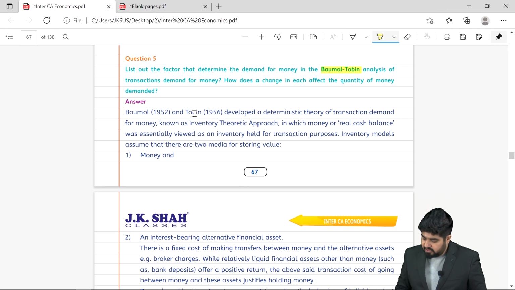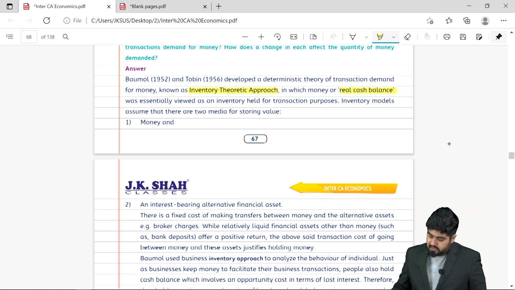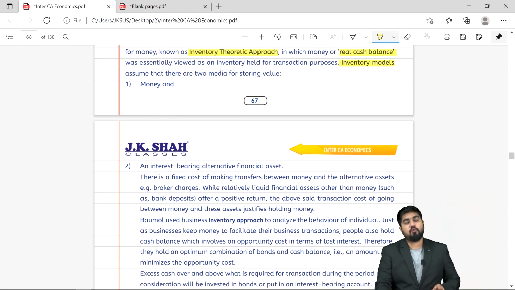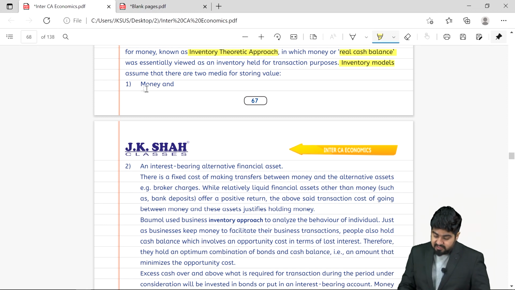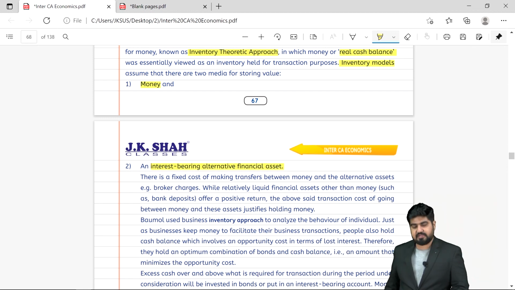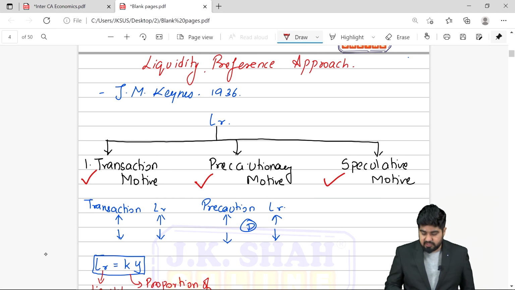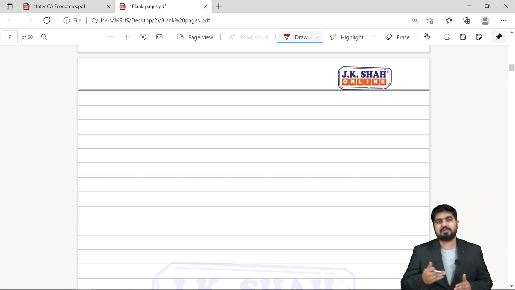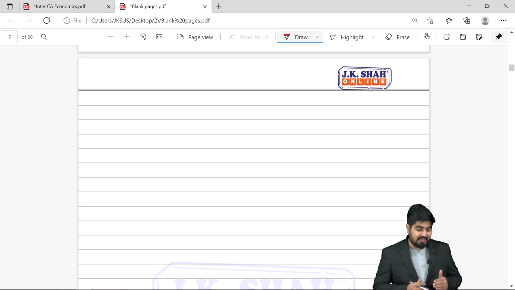Alright. So Baumol and Tobin developed a deterministic theory of transaction demand, which is also known as the inventory theoretic approach or real cash balance approach. Now, what does the inventory model assume? It says that if you want to hold money, you will hold either in the liquid form, that is money itself, or you will invest in an interest bearing financial asset. But it won't be like you invest today and then forget it. No. This will be simultaneous investment and withdrawal. You will invest, and let's suppose if you are getting better returns, then you will withdraw your amount,